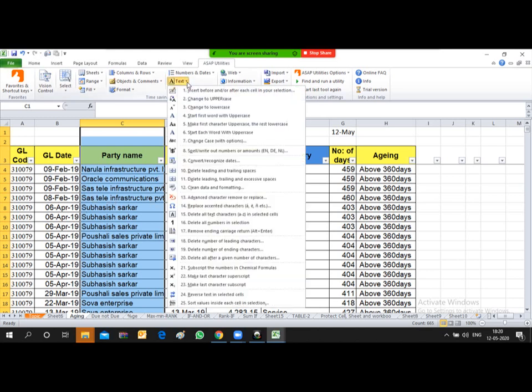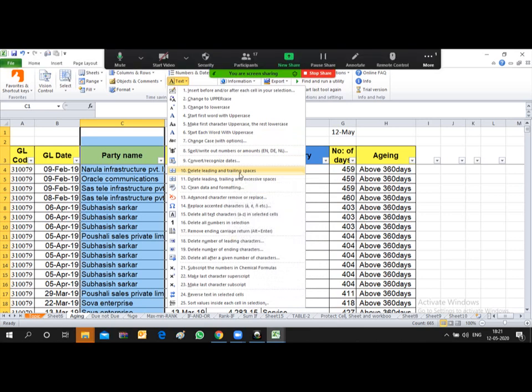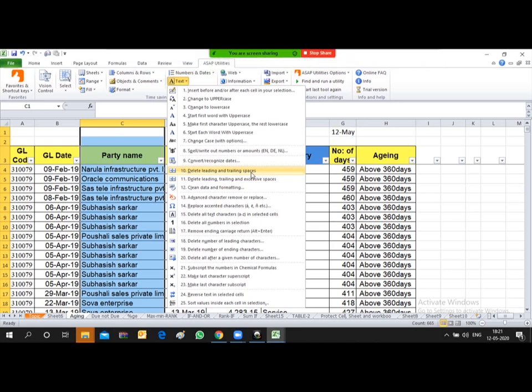So friends, there are lots of utilities available. You just go through them and do some R&D at your home. So yeah friends, let's see this. You will be able to see delete leading and trailing spaces. Friends, many times you will find that you copy some data from, say, mail or Outlook, and you paste that data into your Excel sheet.